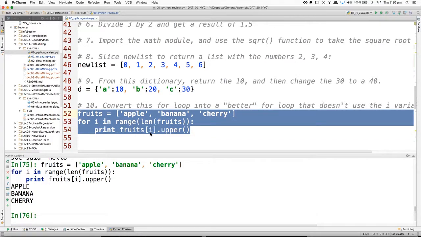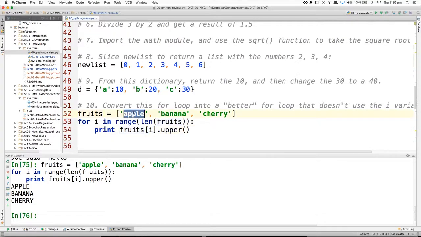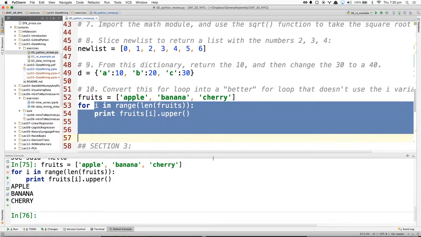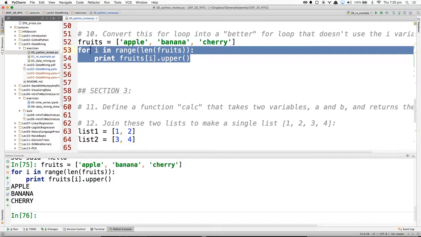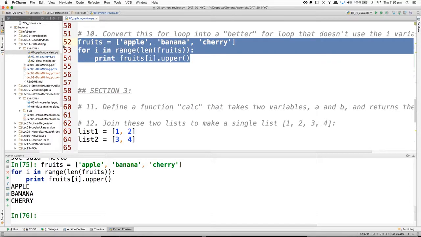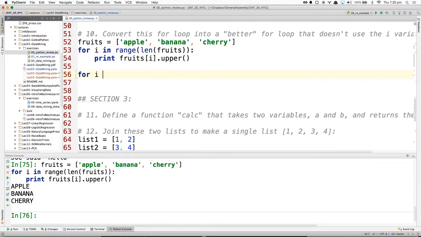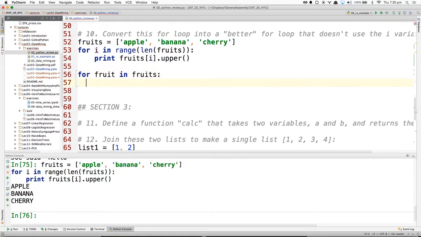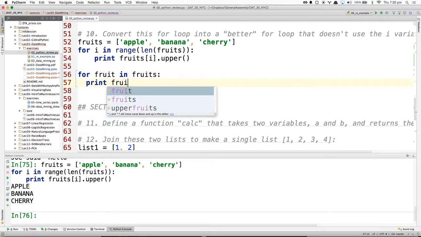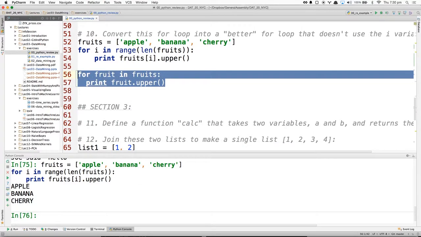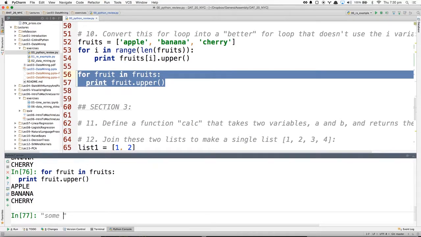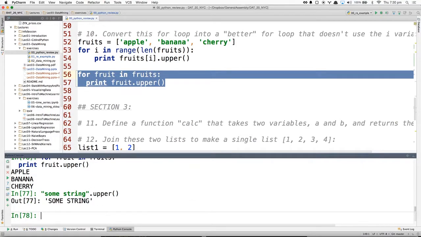All right, so I'll go through the rest of these pretty quickly. Again, this is just an extension of what I went through at the beginning of the class. This is iterating through each item in the list. Could I shorten this? How else could I write this, by the way? Can I just use for fruit in fruits, and then just do print fruit dot upper? Upper, by the way, just converts that to an uppercase string. So if I say some string dot upper, you get the uppercase version.